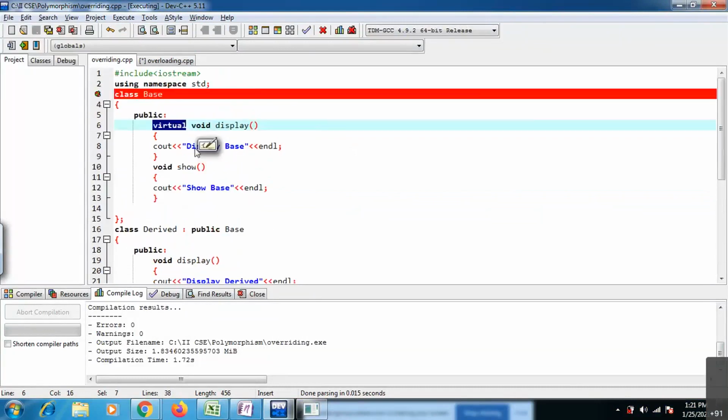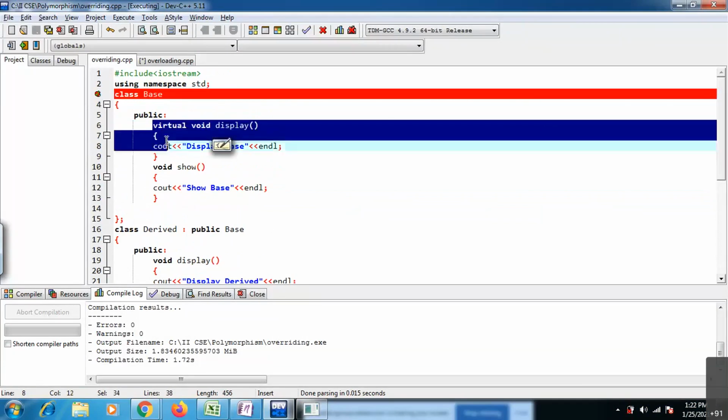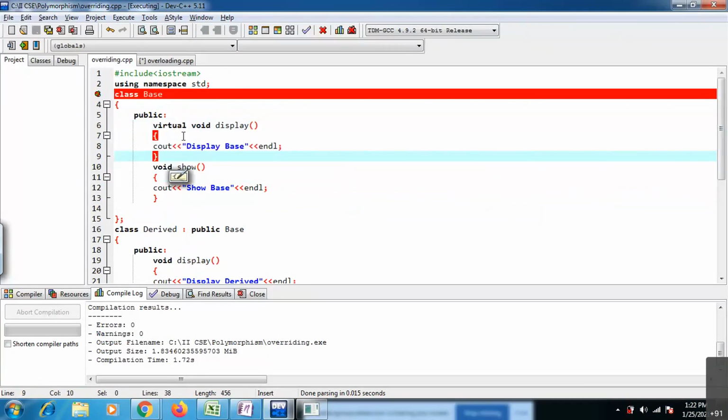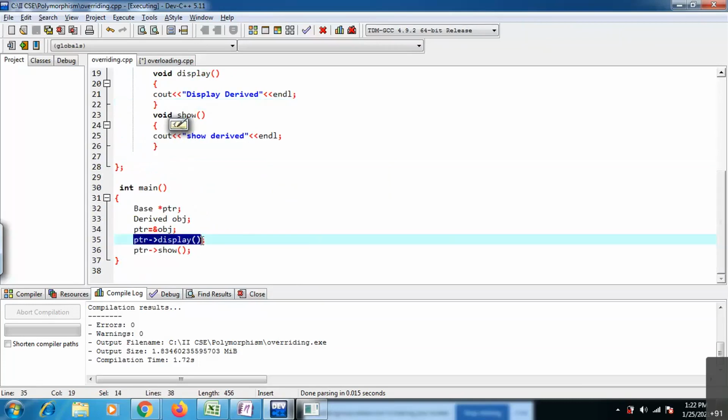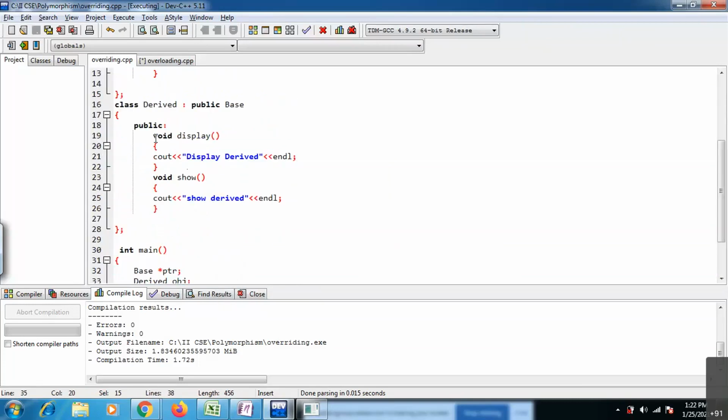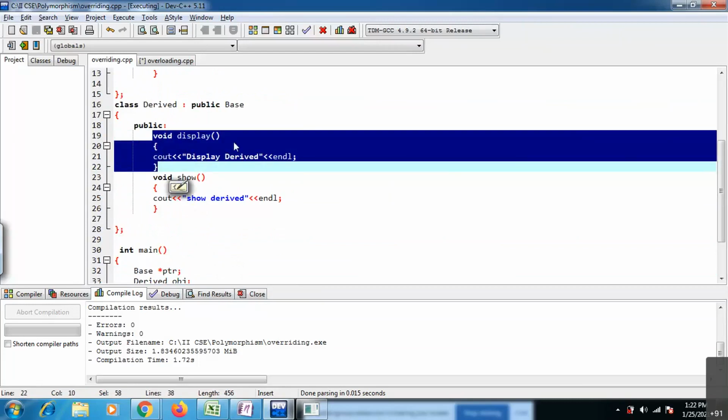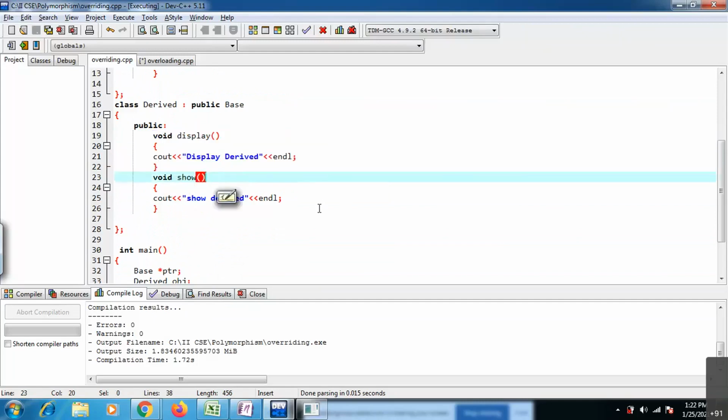If I make this function virtual, it becomes virtual inside this particular derived class. It won't be treated as overriding this particular function. Now, if I call with pointer to display, it always points to this particular derived class member. I think there is a little bit of confusion.